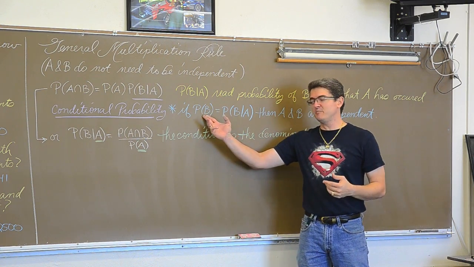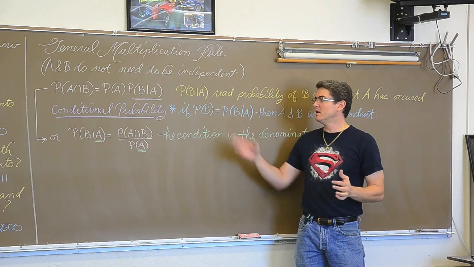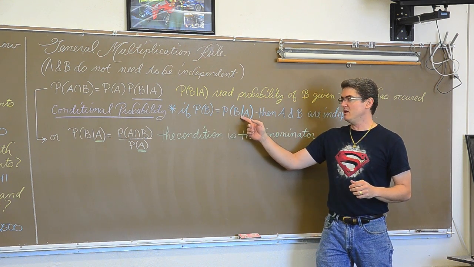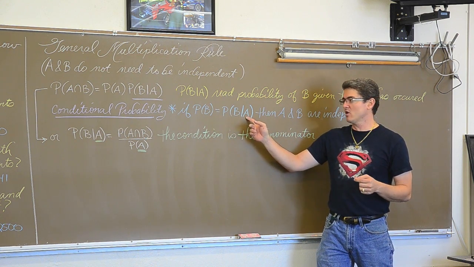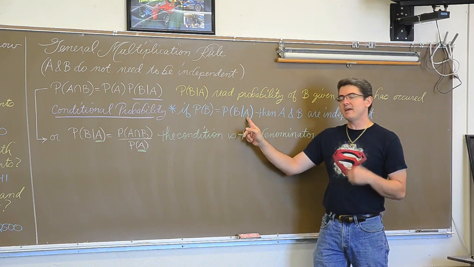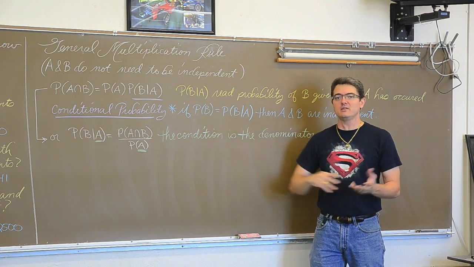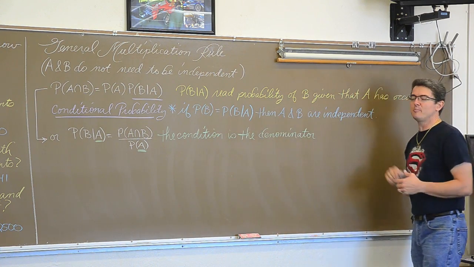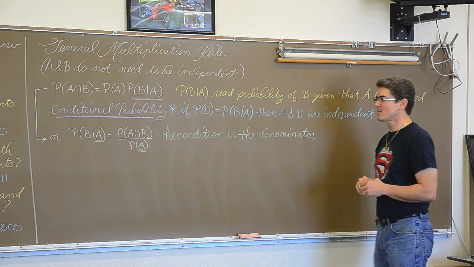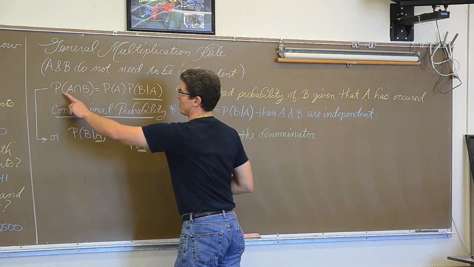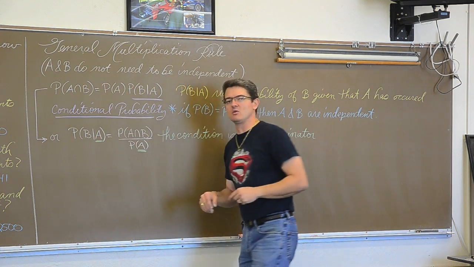So again, if the probability of B, just B occurring alone, is the same as the probability of B given A has already occurred, if those two are the same, then A occurring had no effect on B, and thus those are independent events. This notation, this formula, one version of this formula is given to you on the AP